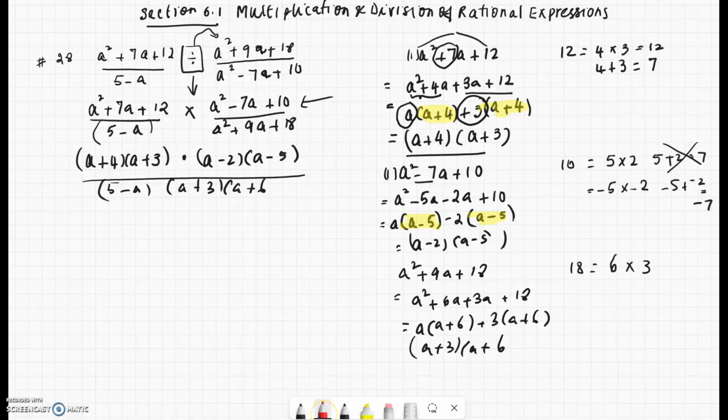Cancel all common factors, if any. So a minus 5, 5 minus a, remember, when you cancel these two, you don't get a 1, but you get a negative 1. So this gives